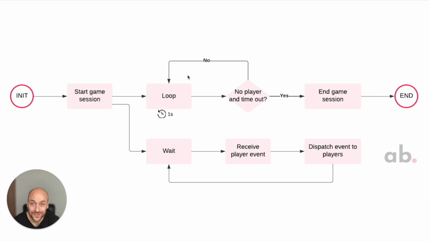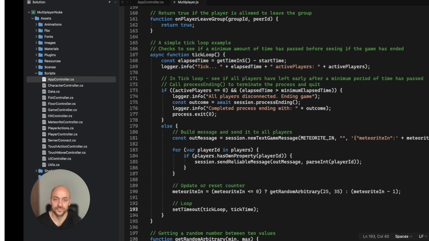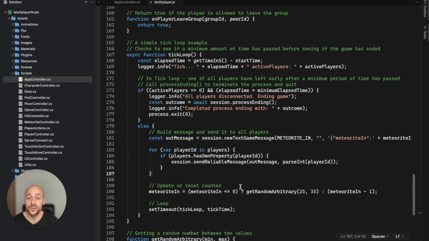For this video, I will improve the script and I will create a non-player-related event. From time to time, a meteorite will fall on the map and hit you if you have no luck. So let's go.